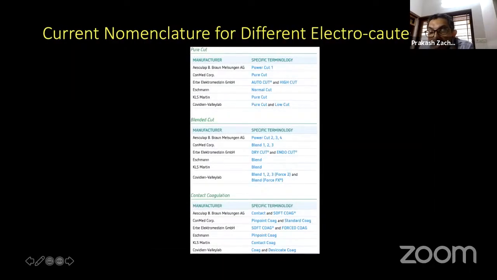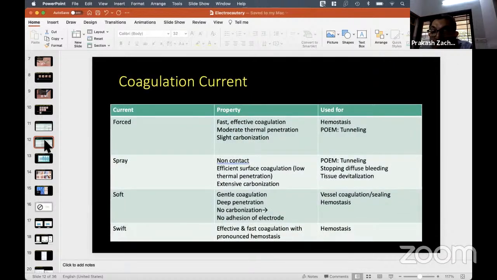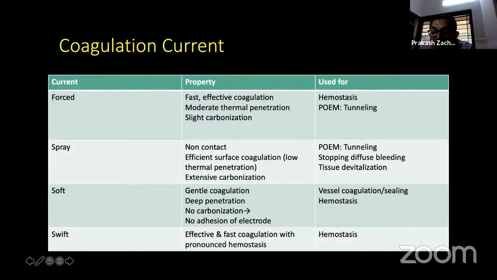So while in Olympus, the Endocut I they have named as pulse cut slow, and Endocut Q is pulse cut fast, and autocut is pure cut, and tricut is blend cut. But with regard to coagulation modes, the other modes which are available are soft coagulation, forced coagulation, swift, and spray coagulation. Most of these names are similar in Olympus except the swift coagulation, which they have named